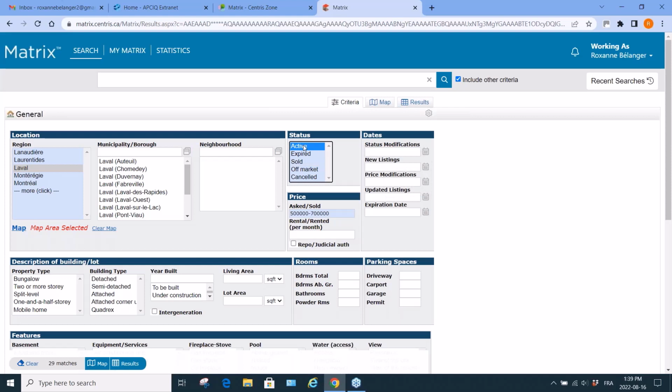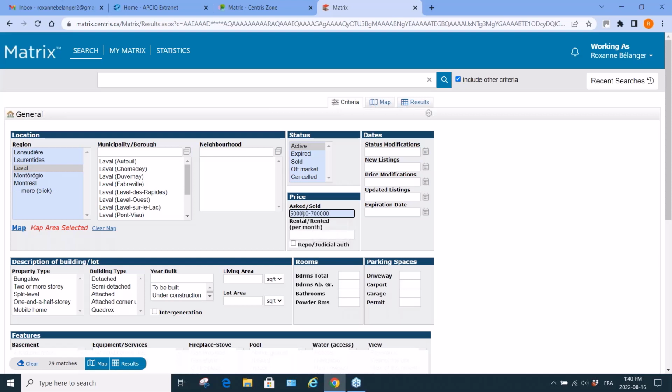So same thing here, when you're doing a price asked, it's a range, more than or less than, but do not put just a specific amount because if it's $1 less, it won't show up. So you just be careful in the asking price. Same thing if you're looking for a home for rent. You will remove this and you'll just put here $1 or more, and you will have 17 matches for rentals. So if you're looking for a rental, don't put a price here, just put more than $1 and you will have all the rentals. So we're going to keep our $500,000 to